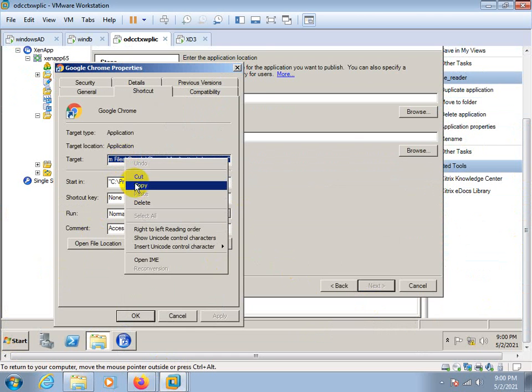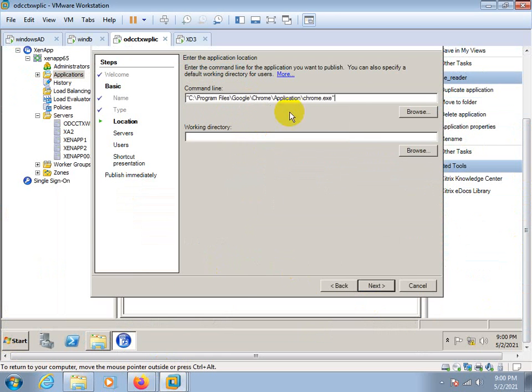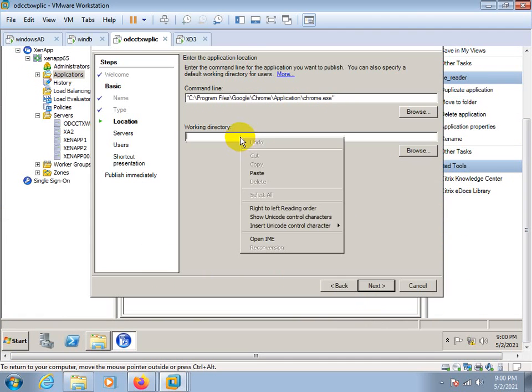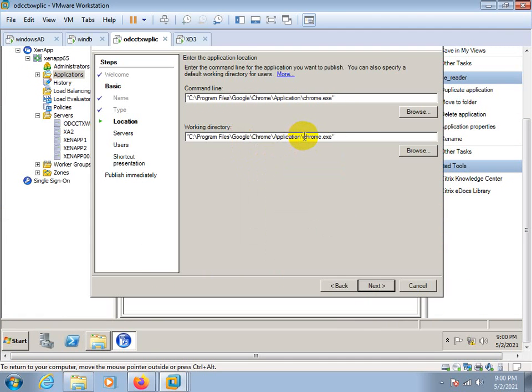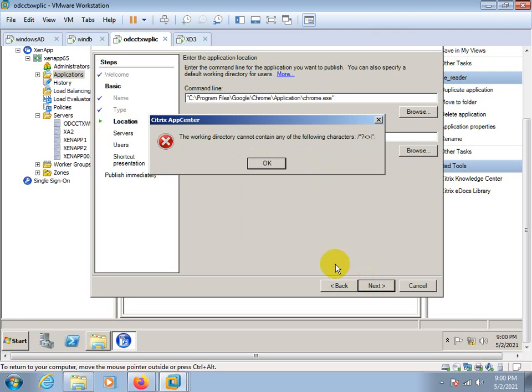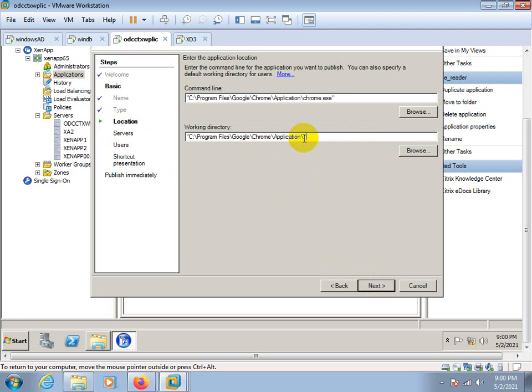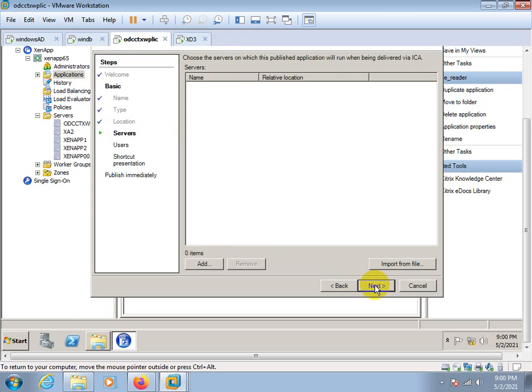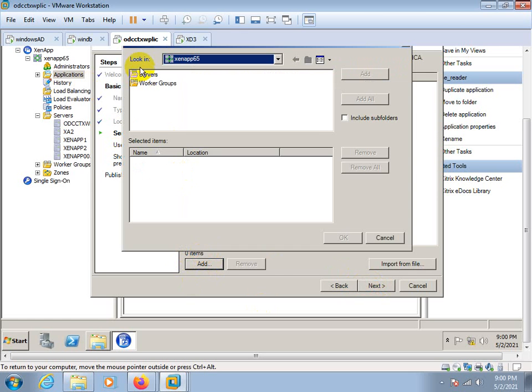Right, target. Paste Chrome exe. And here remove the exe. The next server is installed.